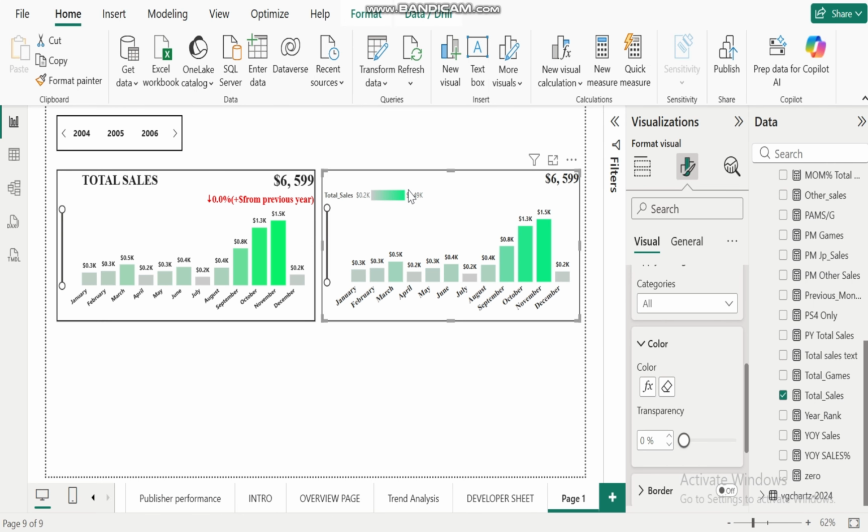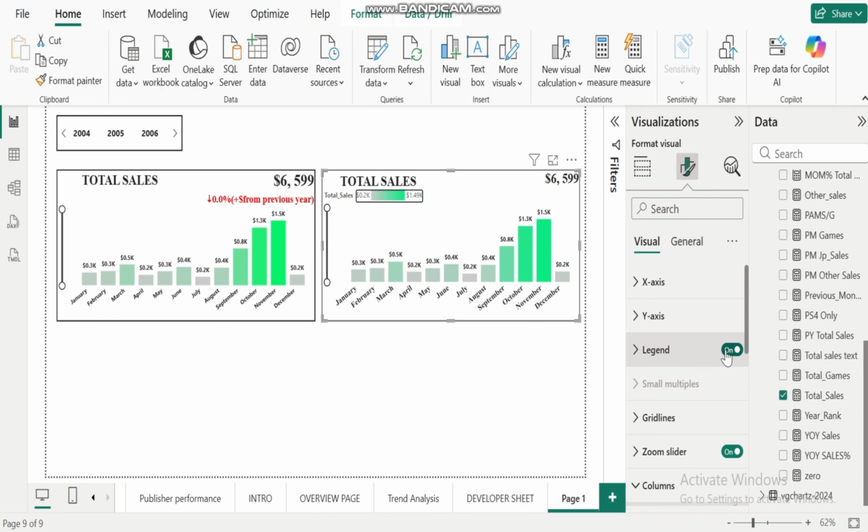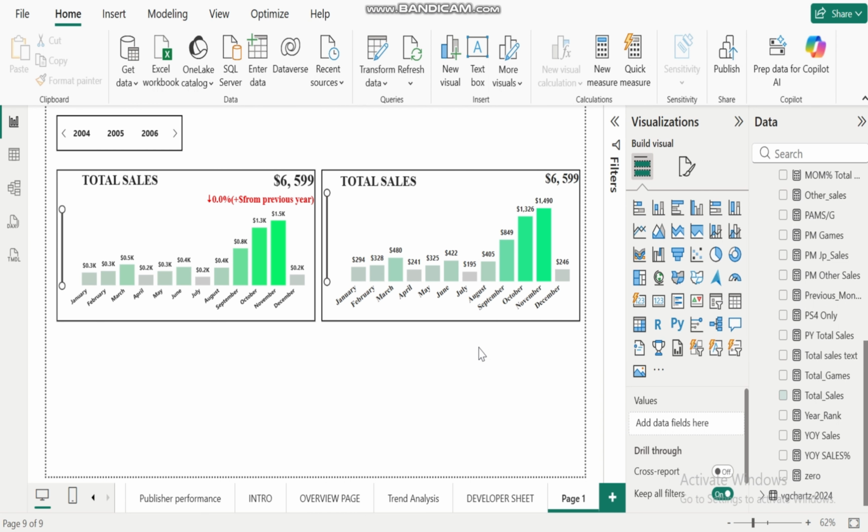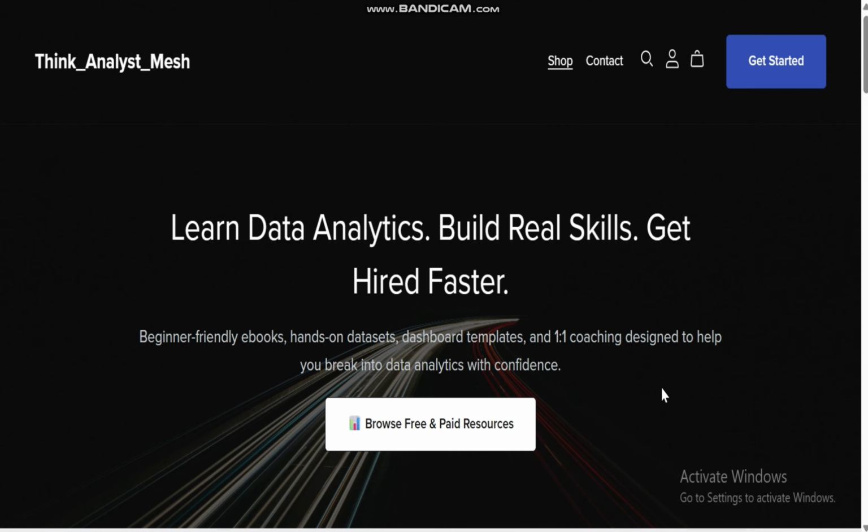Now that we have this, we are going to remove the legends. You can simply do that by coming to legend and removing it. Now it looks okay, but that is not all. There's still one more thing to do. We've gotten up to this stage, but there's still one more thing to do, and that is this. So how do we do this? This is simply a sub